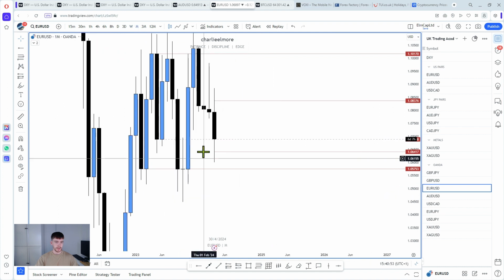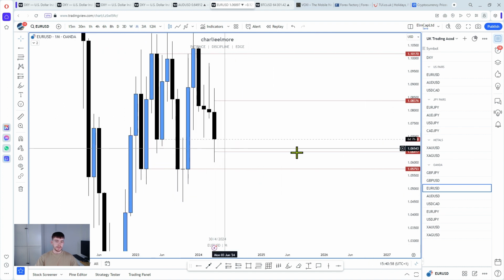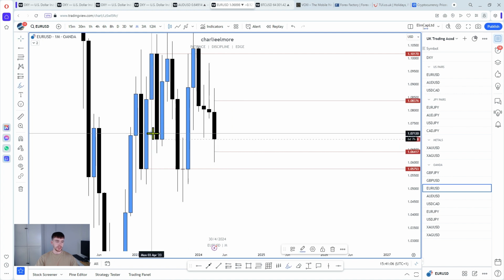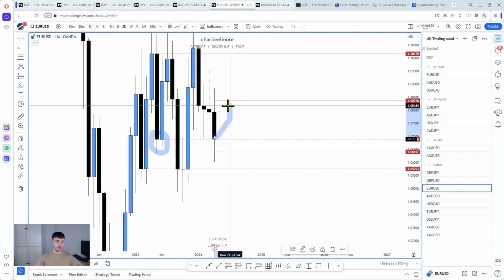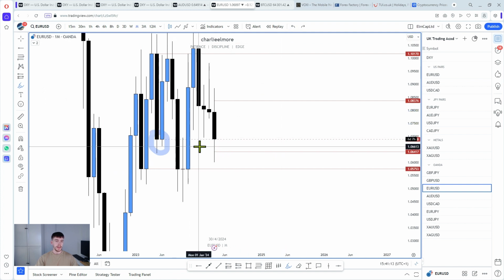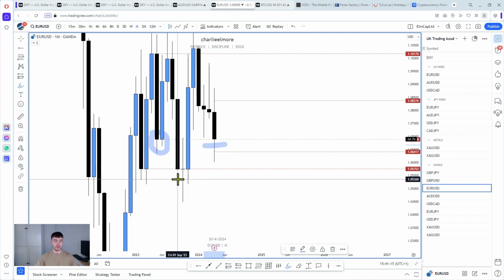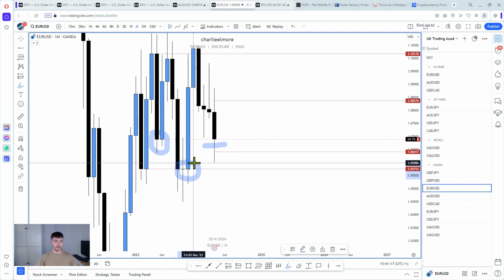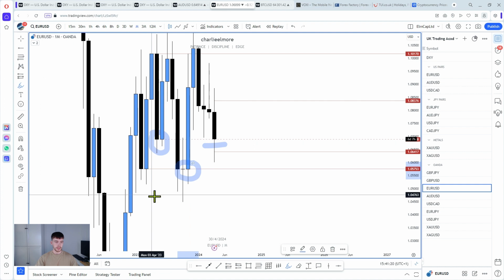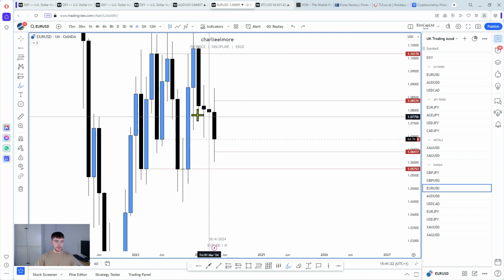Just to go back to the monthly there, look, and you can see that in 6 days and 7 hours this monthly candle closes. So if it closes like this or even higher, that would be a very, very nice rejection from this area, which would indicate upward movement. If we close below, that would indicate that we want to go lower and maybe even reach this. So that's what I'm looking at on EU.